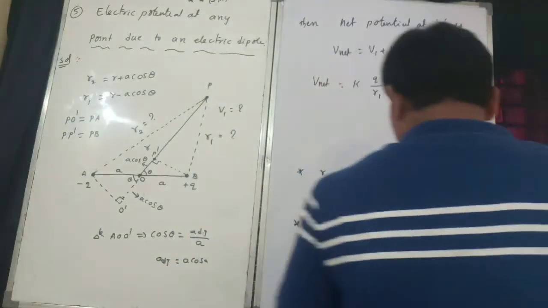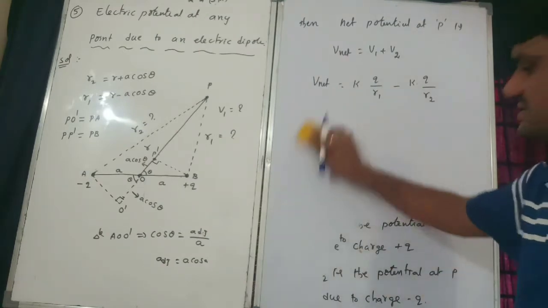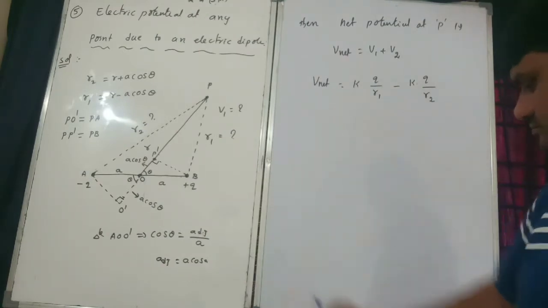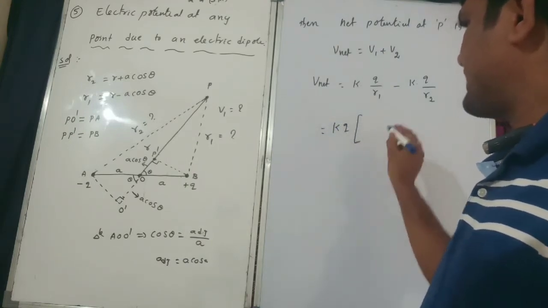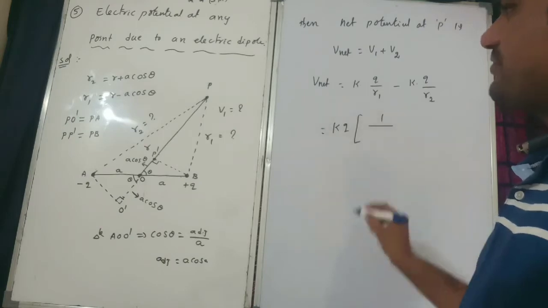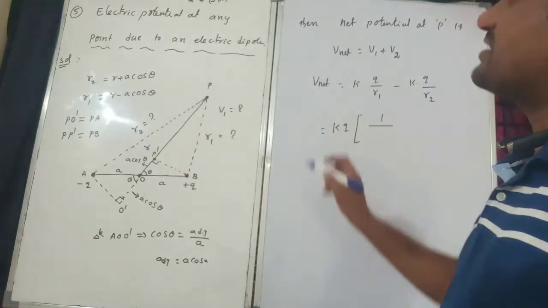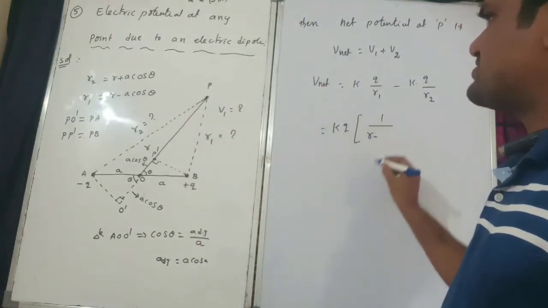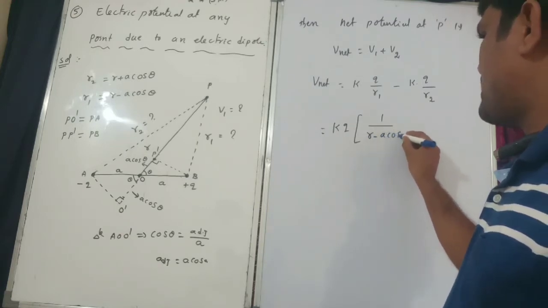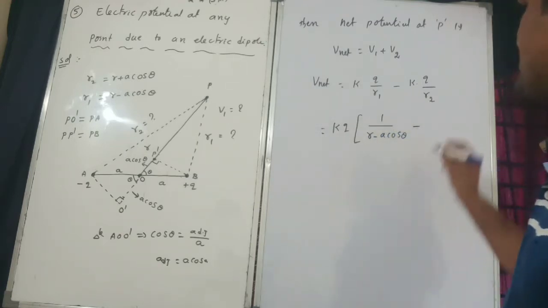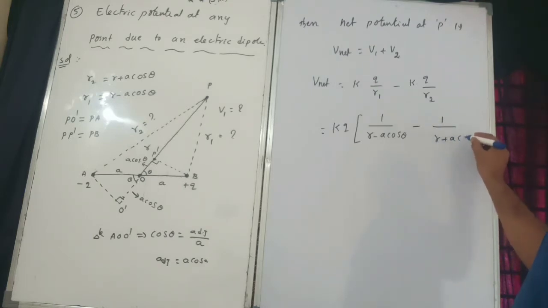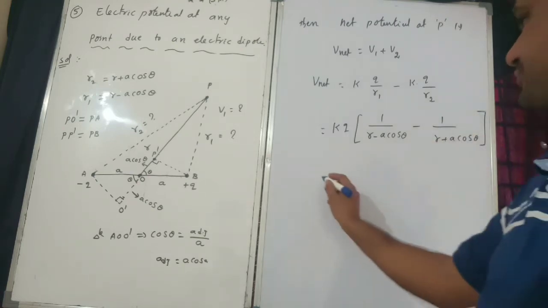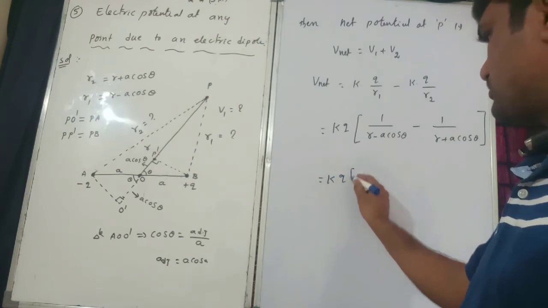Okay, now substitute the formula there. So what is common there? K and Q, take common. 1 by R1. What is the R1 value? R1 is equal to 1 by (R minus A cos theta) minus 1 by (R plus A cos theta). Very simple. Therefore, KQ times the LCM,